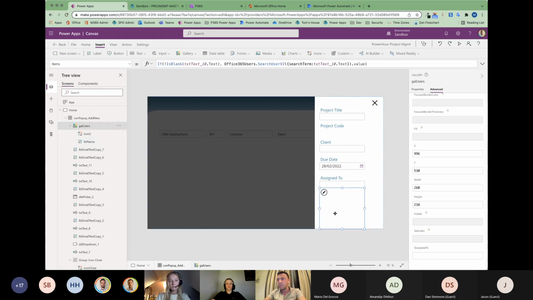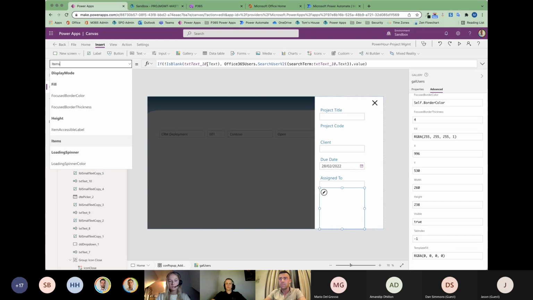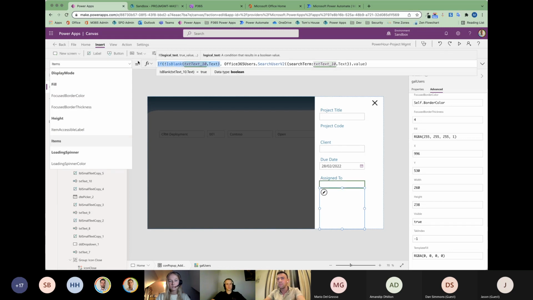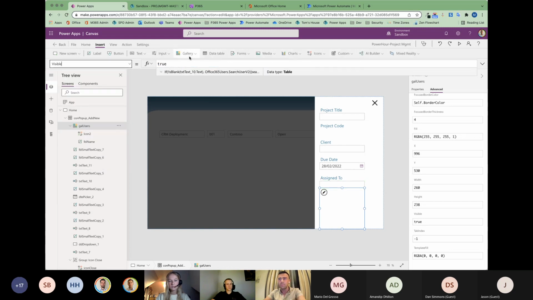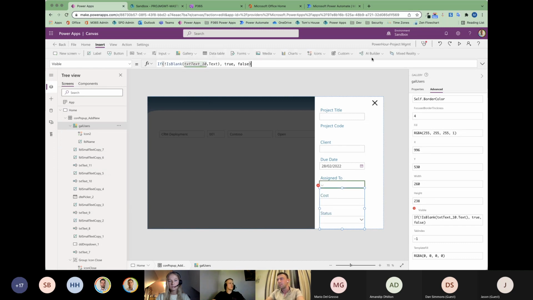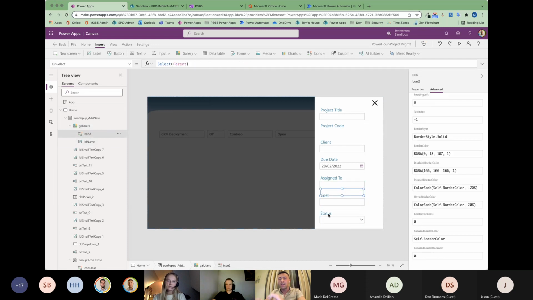Fab. So we've got something that also needs a visible based on this. So we'll get rid of that, do a visible. If that's not blank, then you'll show, otherwise you won't. Cool. When I then select that, the reason I've had to do that, for anyone that's just wondering why I'm making that more complicated, is because I need to update context,